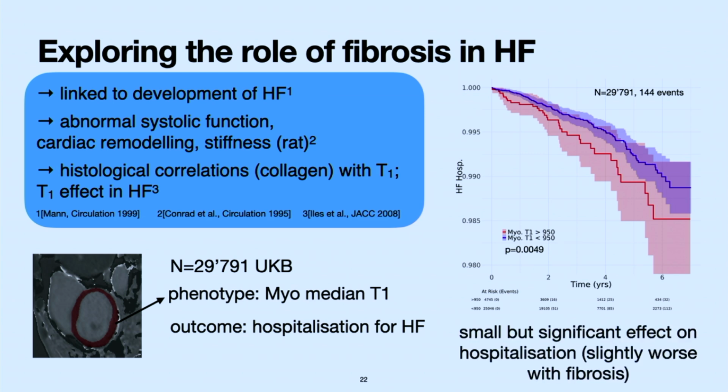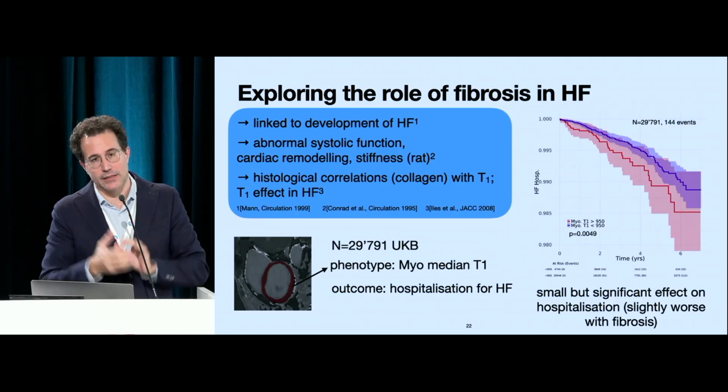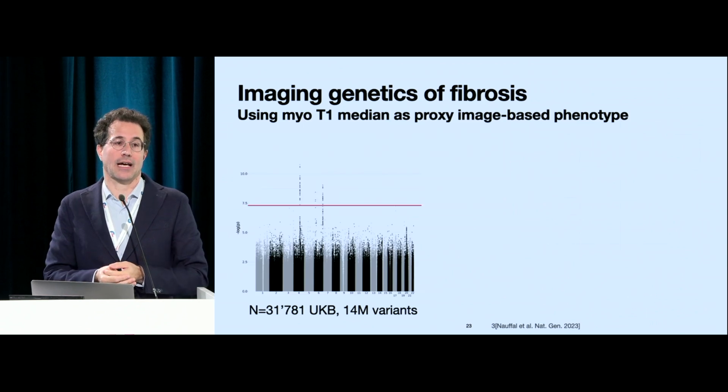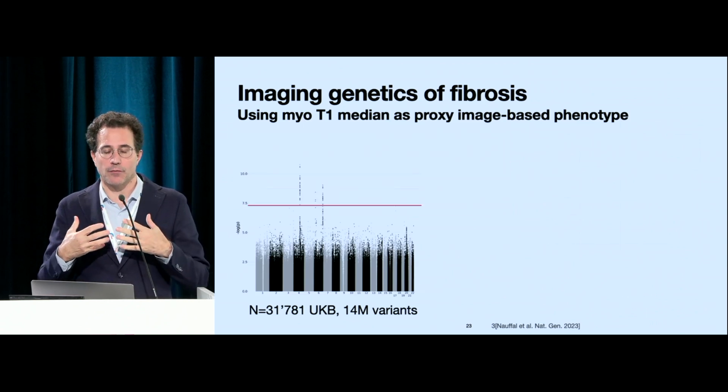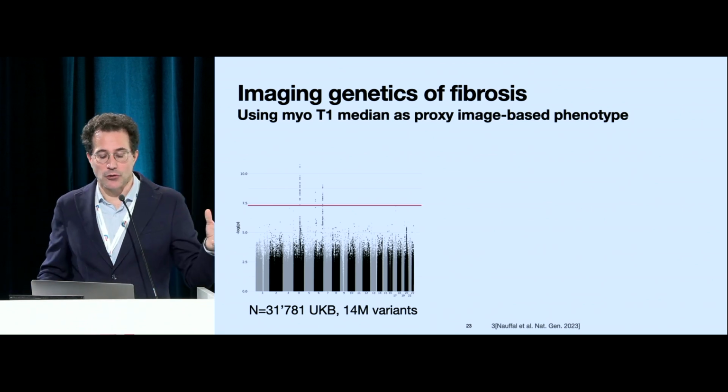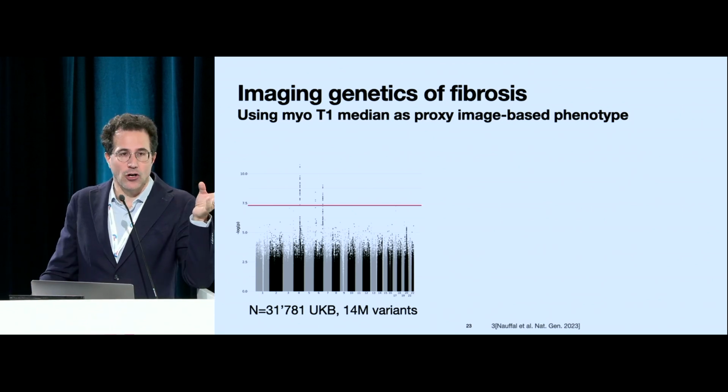And finally, the final thing I want to share with you, to connect a little bit back to this omics side of things, we also want to look at what's happening in terms of biological pathways, right? So let's stay on fibrosis for now. And here we use, again, the myocardium T1 median value in these patients. Here we have a few more.